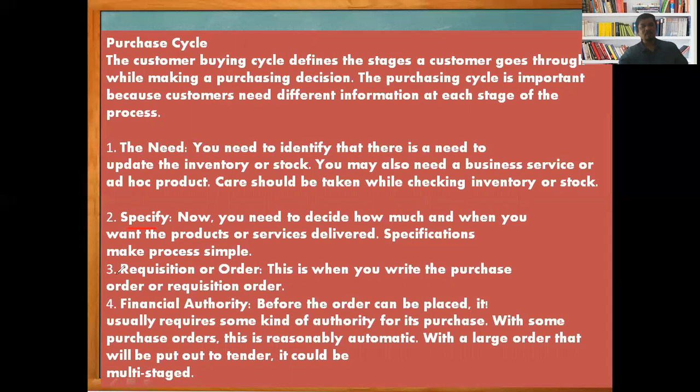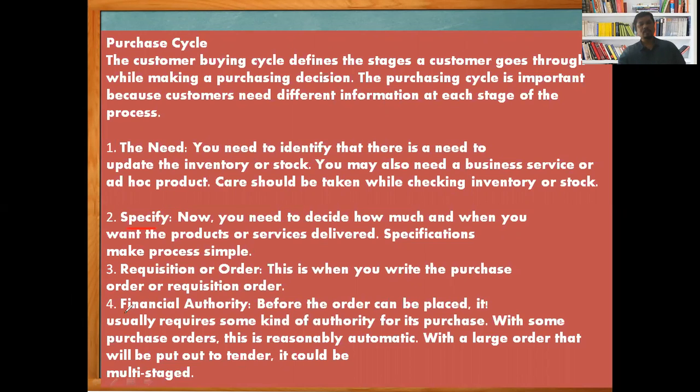The third one is requisition or order. As I mentioned, within the factory there are so many departments. Every department is responsible for the production. As per the departments' requirements, I am going to make one consolidated order. I am going to make one raw material order and purchase from the supplier from Delhi. Therefore, requisition or order is the part where we make one consolidated order.